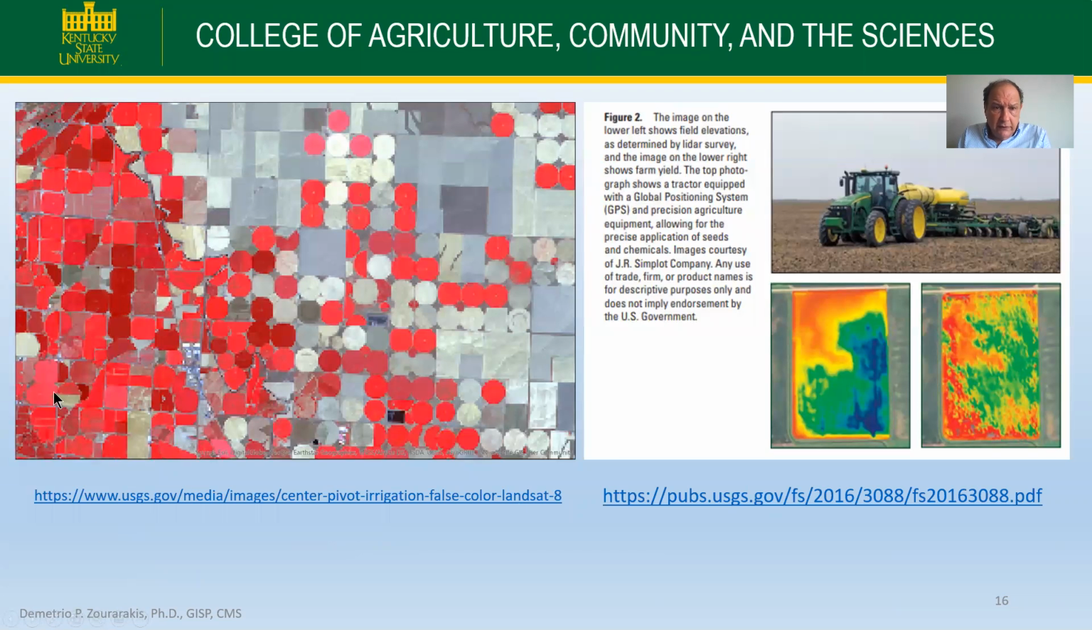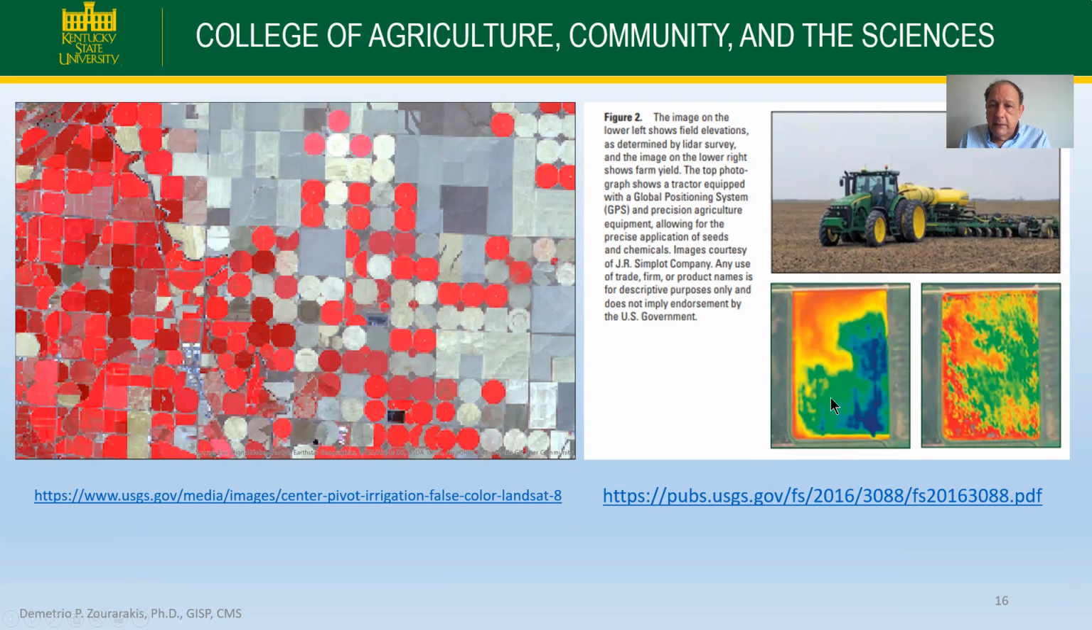For example, here for agriculture, we have false color Landsat 8 on the irrigation pivot, center pivot irrigation. And then, of course, we have here the images that show yield map on the right, and then you have some